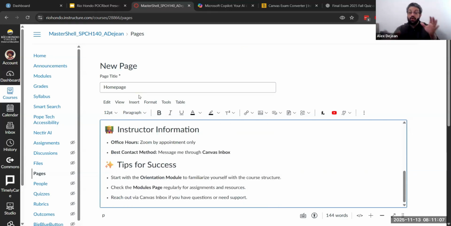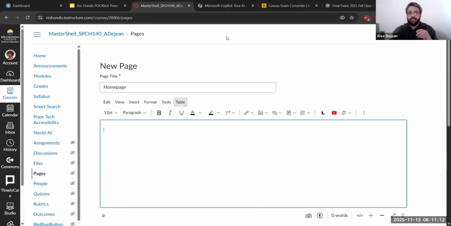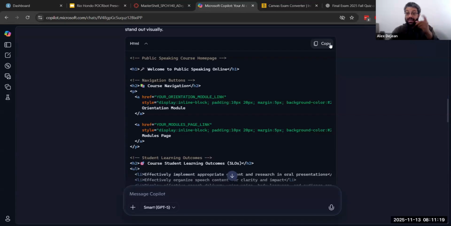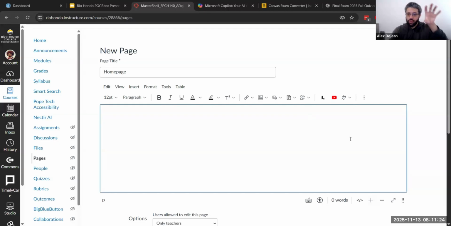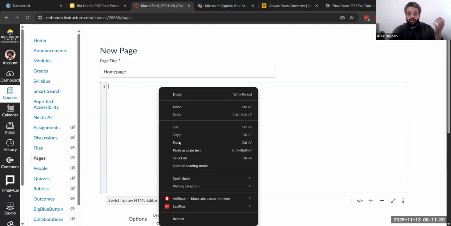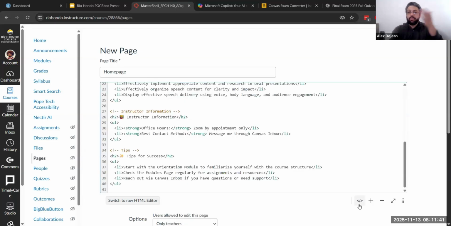If I also wanted to, for those of you who want to know a little bit of the more advanced stuff, I also asked ChatGPT, can you also put that in HTML for me? And then it created everything in HTML. So I can copy this. And from here, I could go from the rich content editor mode by clicking on this little code icon with a less than sign, a forward slash, and a greater than chevron, and then go into HTML mode. And then from there, all I have to do is paste the HTML code,